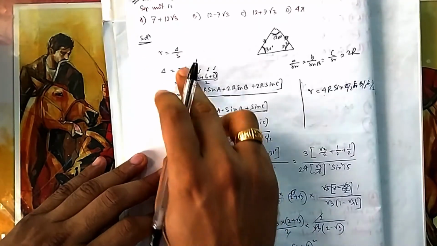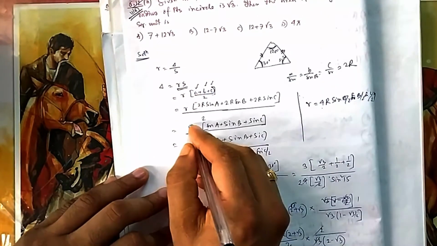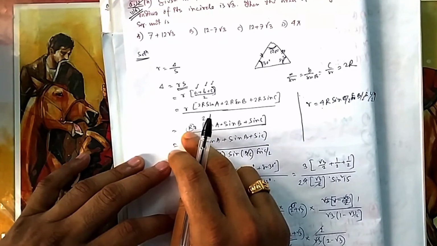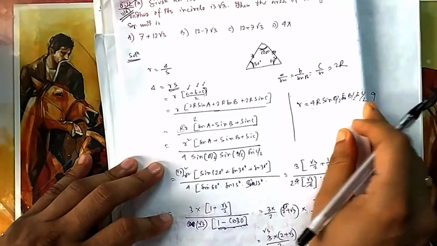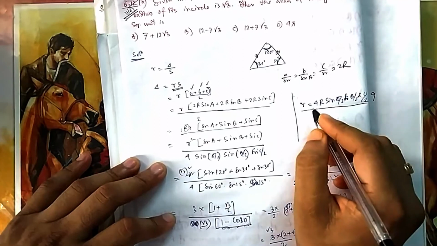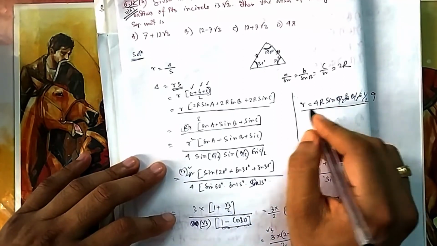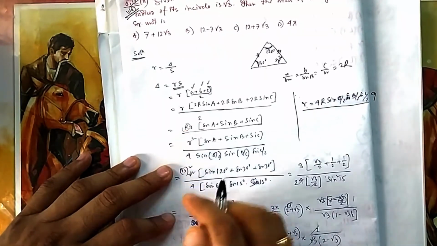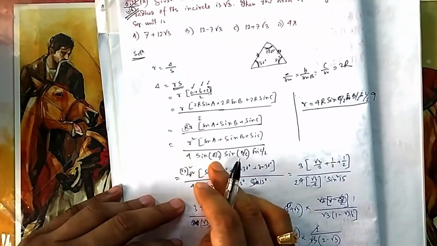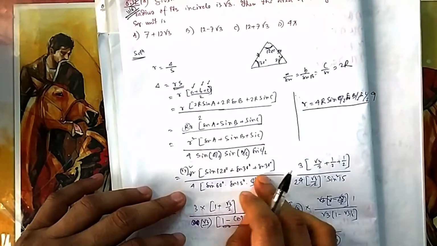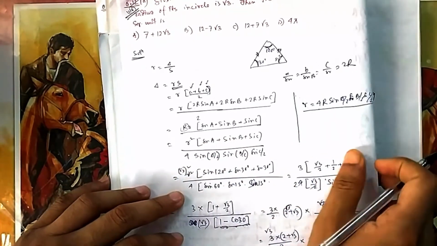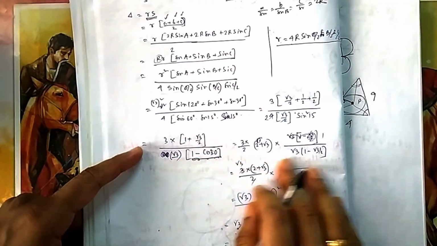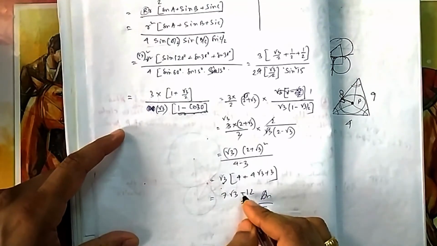Now you have the value of small r, the inradius, but you don't have the value of capital R. There is a relation between small r and capital R involving the triangle angles. So this was the relation between the inradius and circumradius. We have discussed this one in theory also. So you will put this one. If you put this instead of R, it will come here and it will be r square. So now you have all the angles, you have small r also, and the rest becomes very easy. You have all the values, you just put it there. Finally, your conclusion is 7 √3 plus 12.